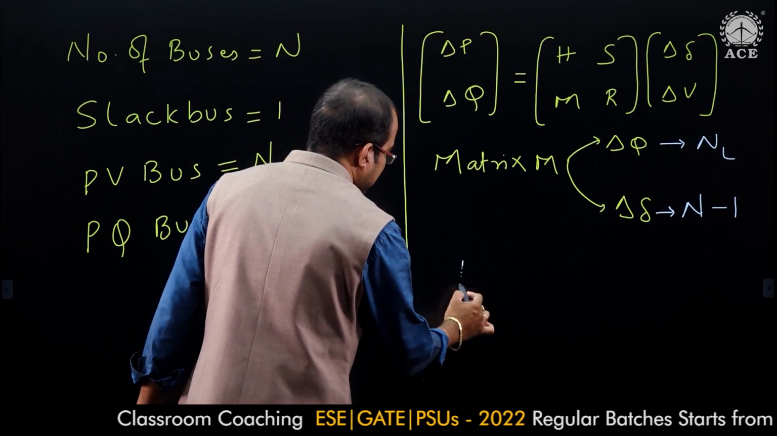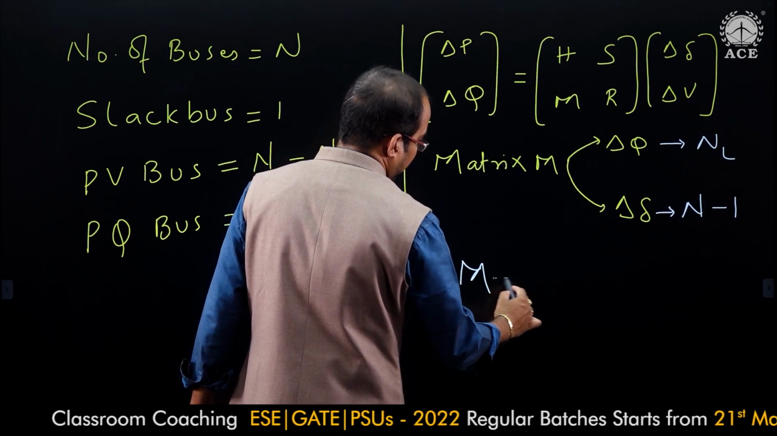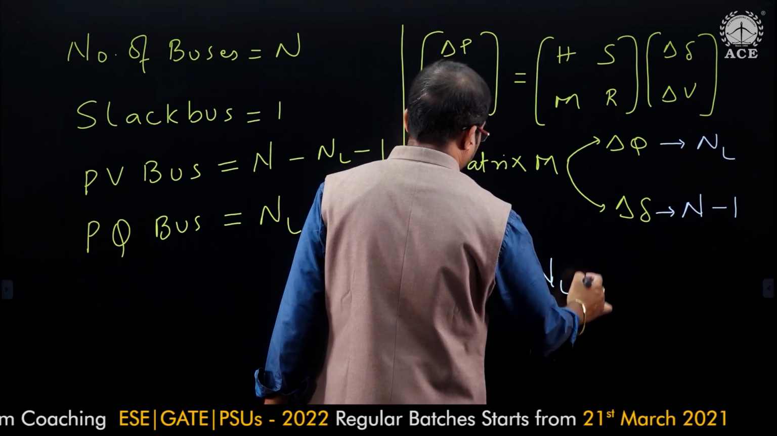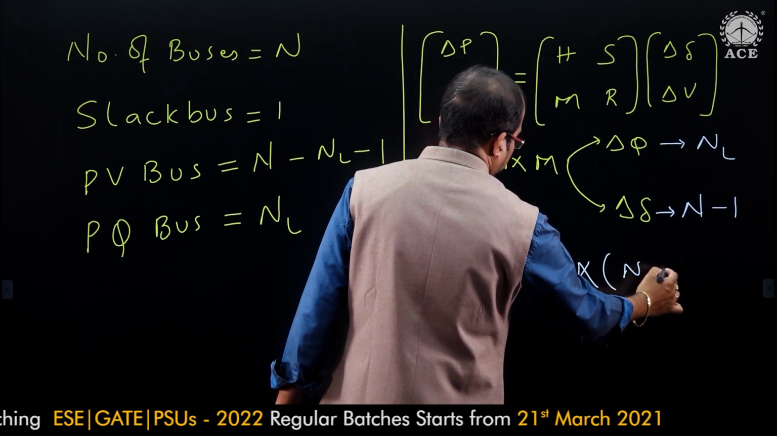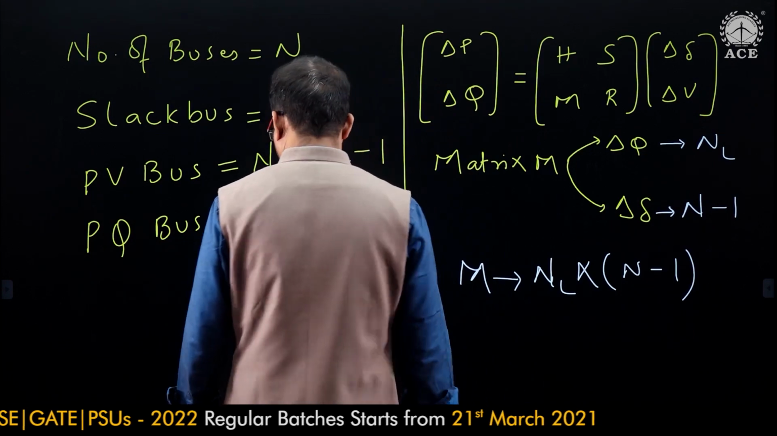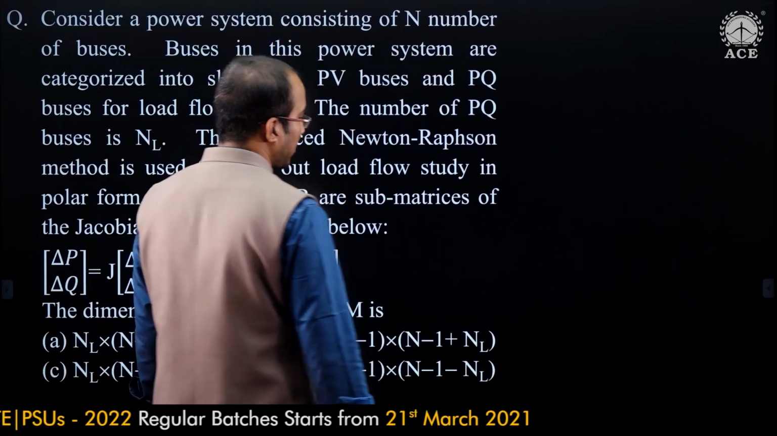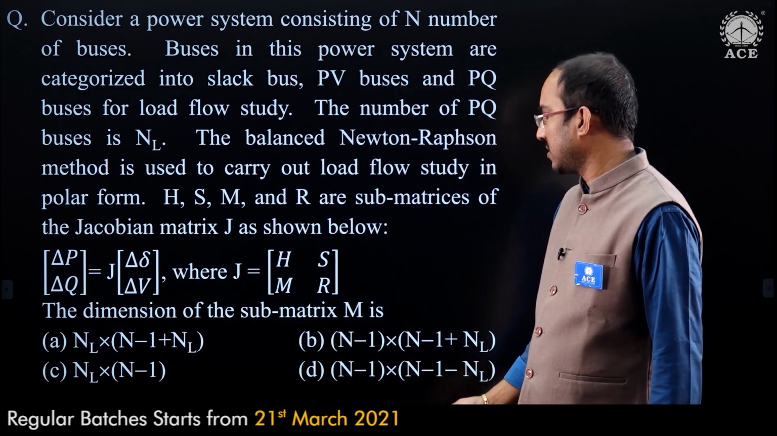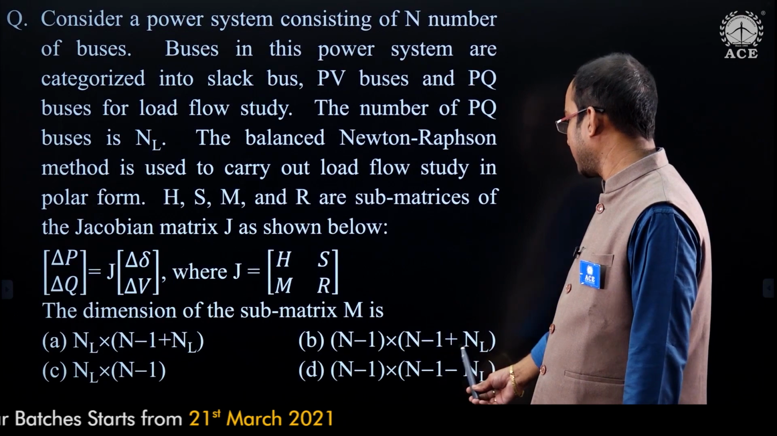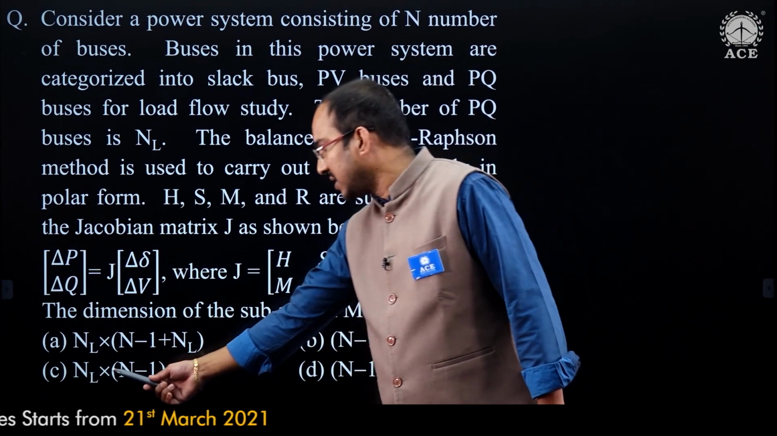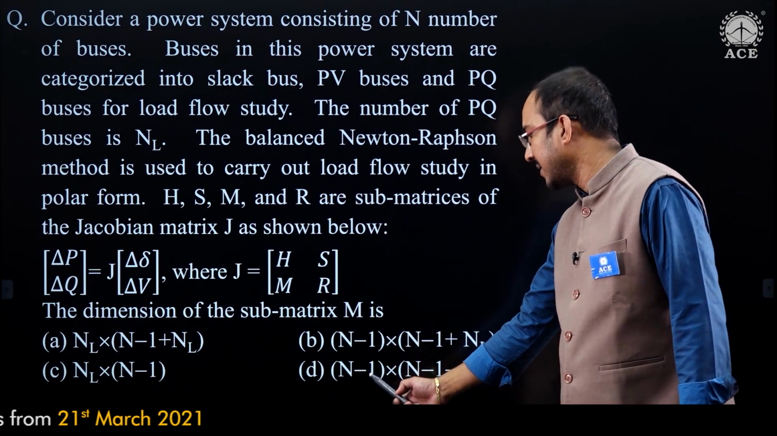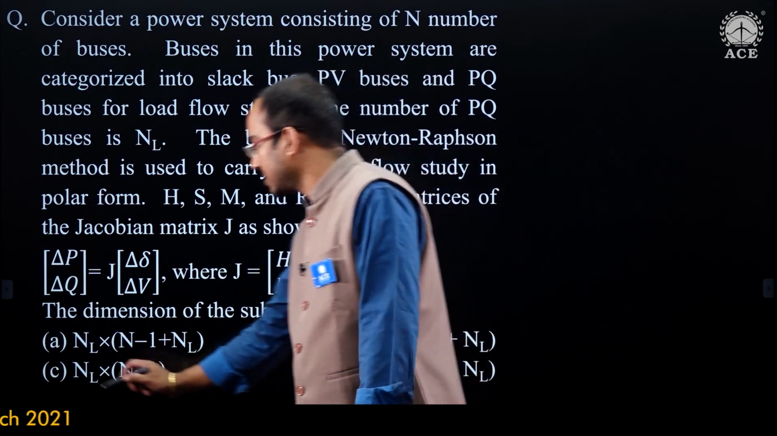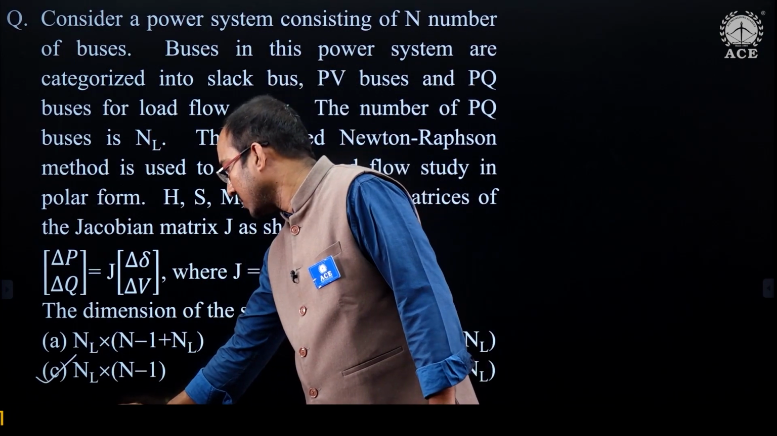Now the size of the matrix M will be NL cross N minus 1. So if you observe the options, option A is NL cross N minus 1 plus NL, N minus 1 cross N minus 1 plus NL. Option C is NL cross N minus 1. Option D is N minus 1 cross N minus 1 minus NL. So here the option is C. So the right answer